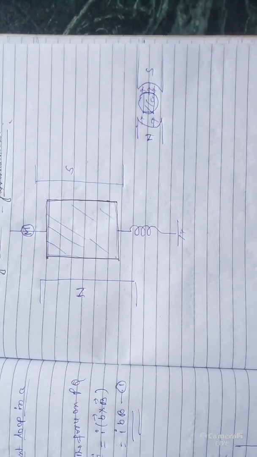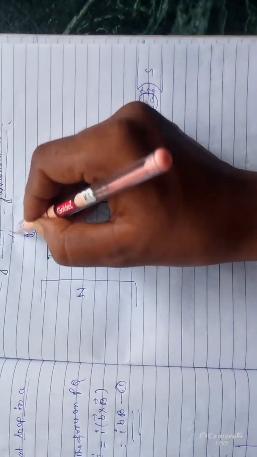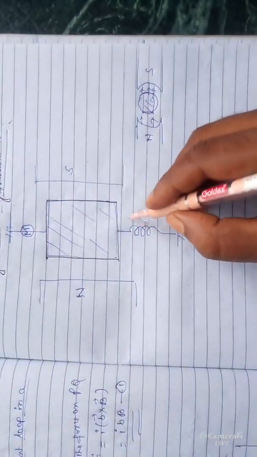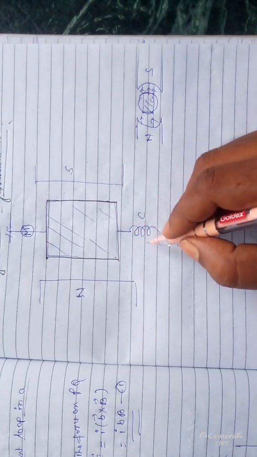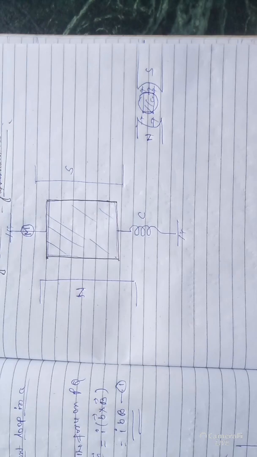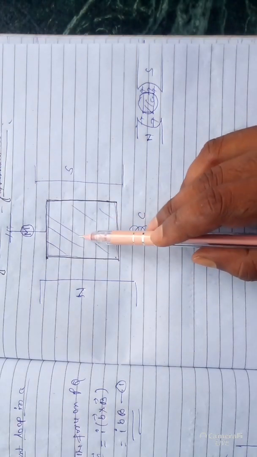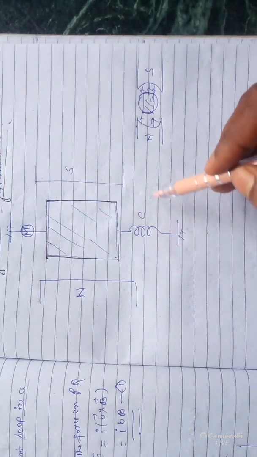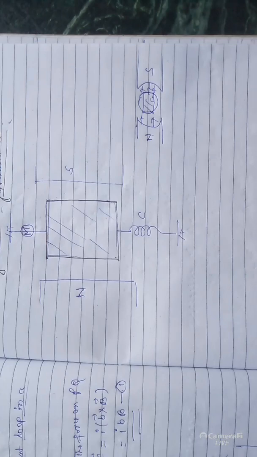Okay? Now what happened when current will flow through this wire, some torque will be experienced, and due to the torsional rigidity of this spring, it will keep the galvanometer in its equilibrium state. Clear? So first of all we will derive the torque on this coil, and next it will be equated with the torque experienced by the spring, and we will get the principle of galvanometer.